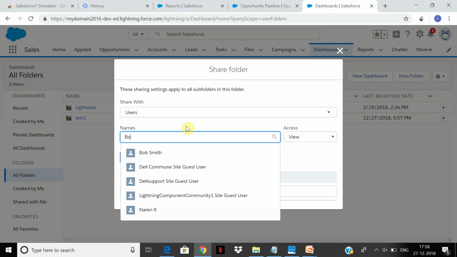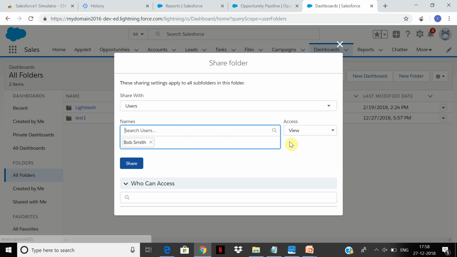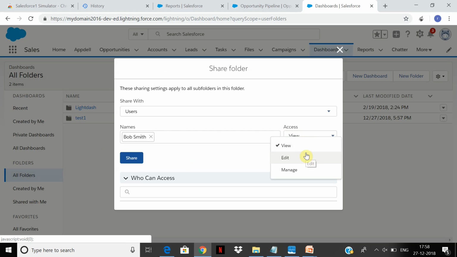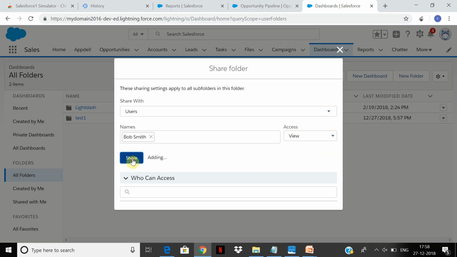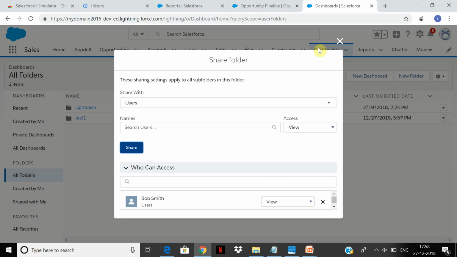If you want to share it with Bob Smith and I just want to give him the view access, so it's already shared with him now.